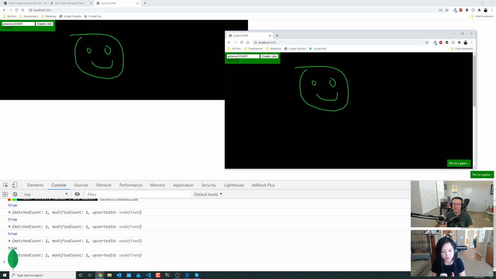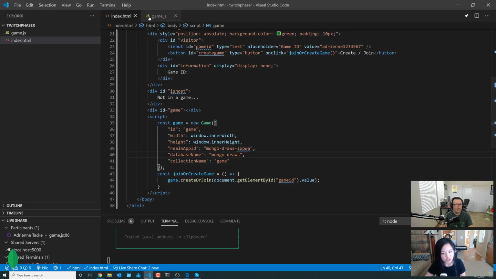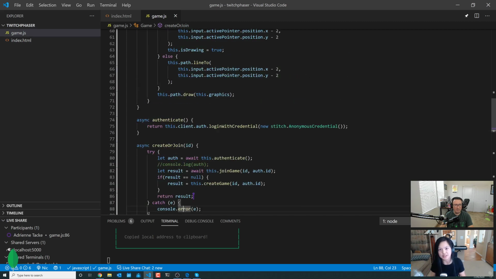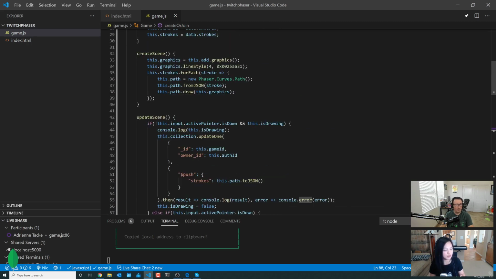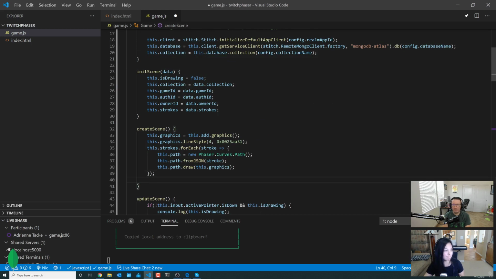Let's do it. So let's go back to our game and let's actually add the change stream, so we can do what I was trying to ask you to do, which was to have the two tabs up so that when you draw as the owner, the other tab would simulate a spectator and we can actually see the brush strokes also update on there. Yeah, so let's probably do that in the create scene, right? Yes. So in the create scene, we're still initializing everything. This is where we can set up the change stream.